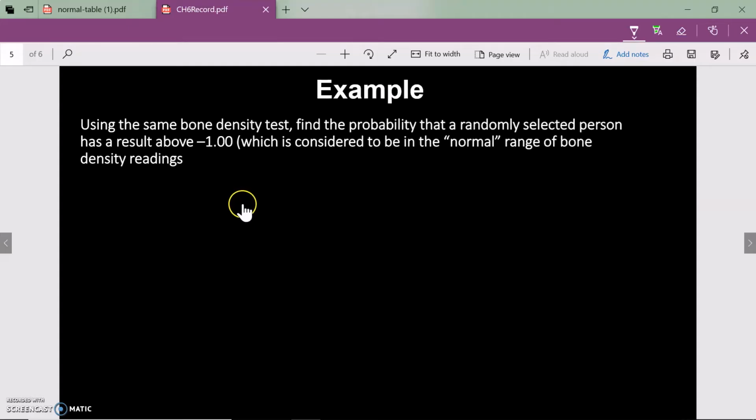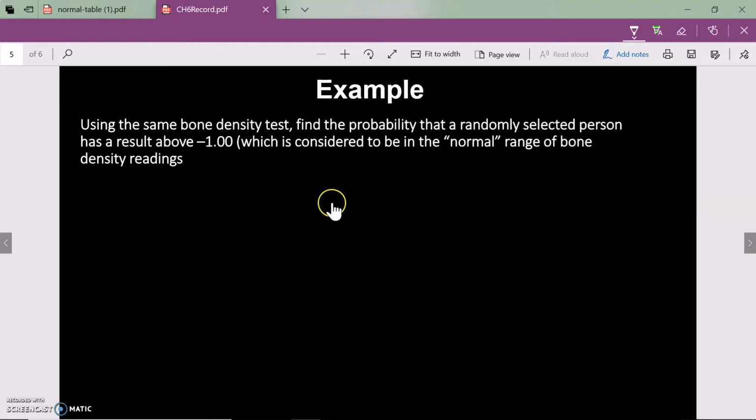Let's see another example. Using the same bone density test, find the probability that a randomly selected person has a result above -1, which is considered to be in the normal range of bone density reading. So recall from our previous example that the test result is given as a z-score, and that has a normal distribution with a mean of 0 and a standard deviation of 1, which means it is a standard normal